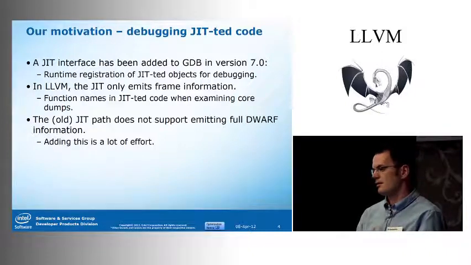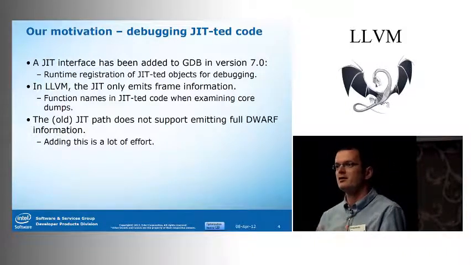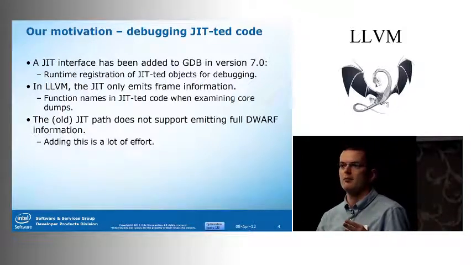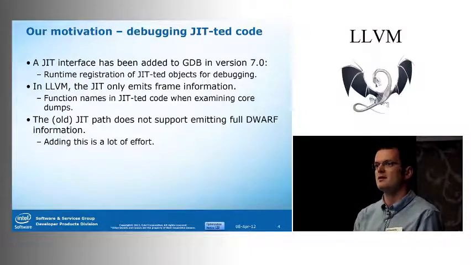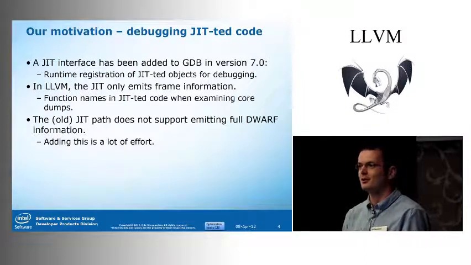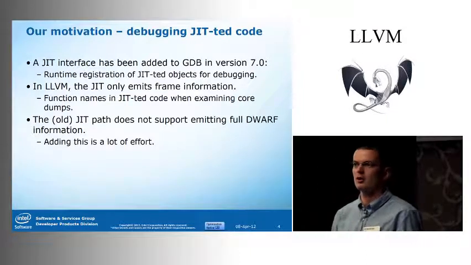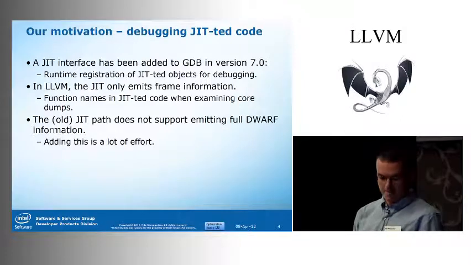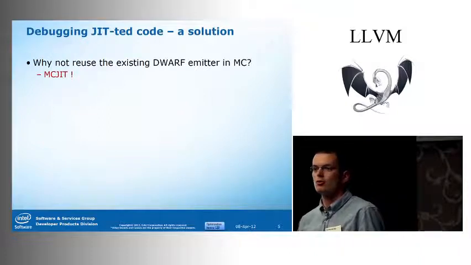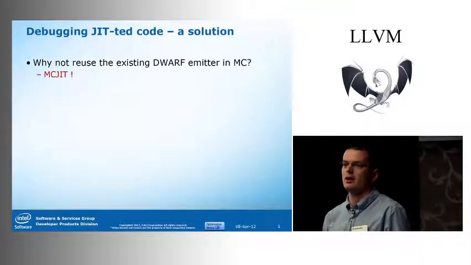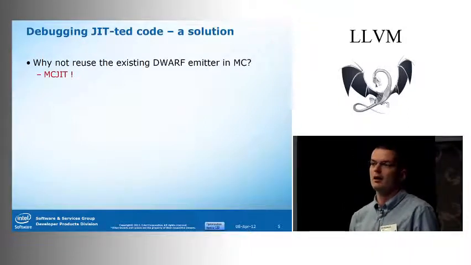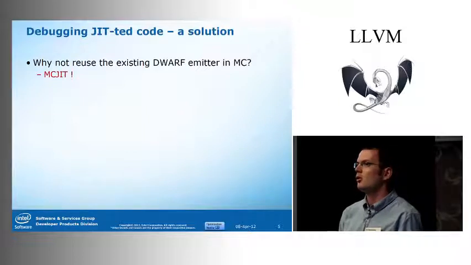And as we understood, and later it became even more obvious, in the future these encoding paths, MC and JIT, have to become one, and the other one is going away at some point. We realized that the better approach for this would be to leverage the existing debug information emitting capabilities in LLVM, which already exist